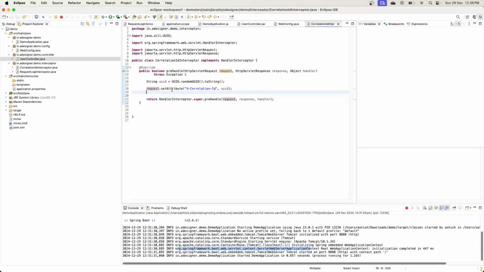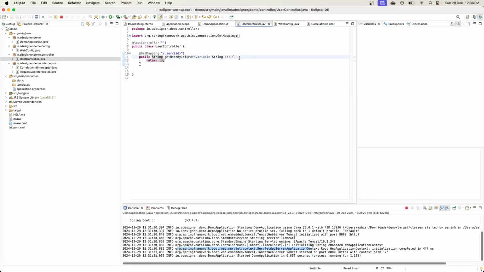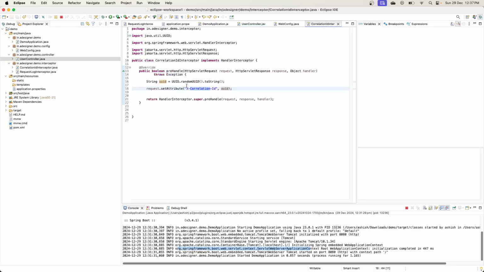Now to put this correlation ID in logs, there are two approaches. One is to get this UUID in your web controller here, and manually add that ID in every log statement that you are printing, which is quite tedious. Another approach is to set this UUID in MDC,